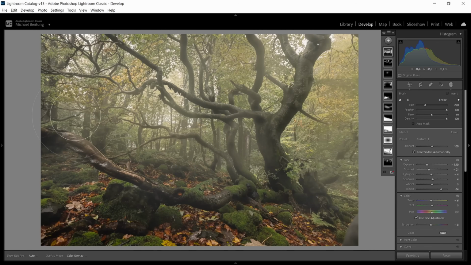This makes it more natural at first, but it can also help because it already spares out the trees. But when you do the minus brush now and you want to spare out those trees, subtract the effect on those, then it's important to use the auto mask. And this is also why this technique works very well in Lightroom, because Lightroom has this feature. So I will now also increase the flow a bit and go along this tree, and you see this spares out the form of the tree very well, and you get a very convincing